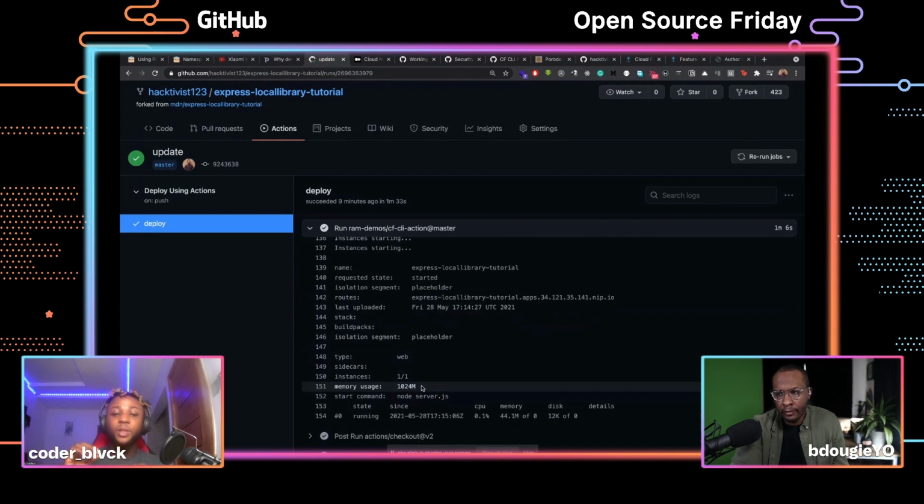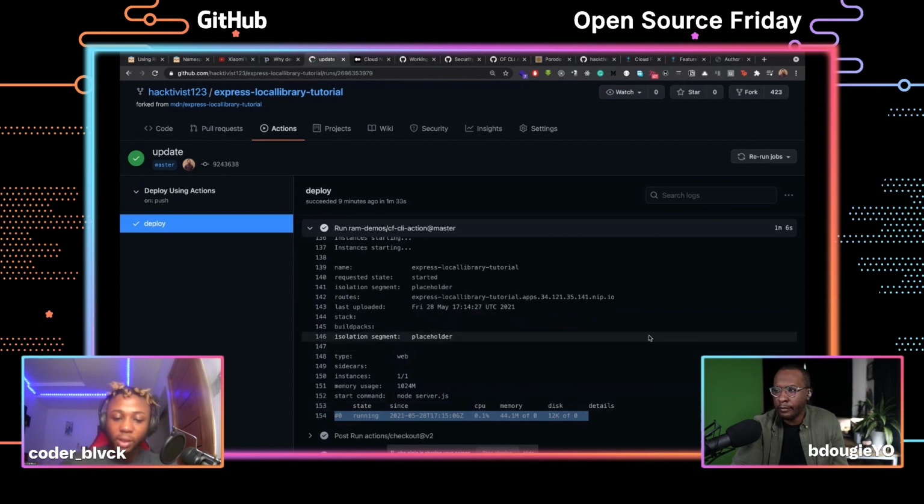Then if you have a specific buildpack that you're using, maybe you want it to immediately use the Node.js buildpack, you can also specify it in the manifest.yml file. But the aim really is to make sure that you do not have to write a YAML file for your deployment. Now, as you can see, the application here is currently running, and to see this application running live, we